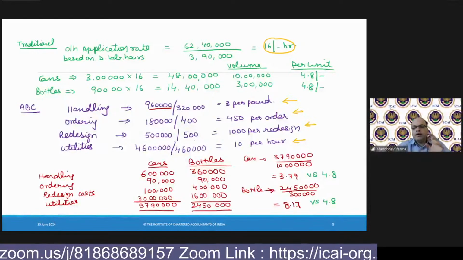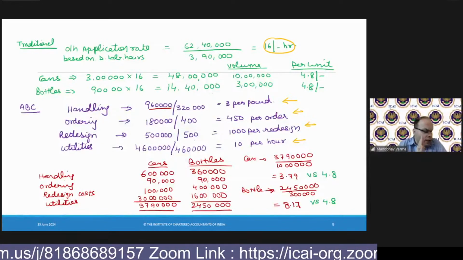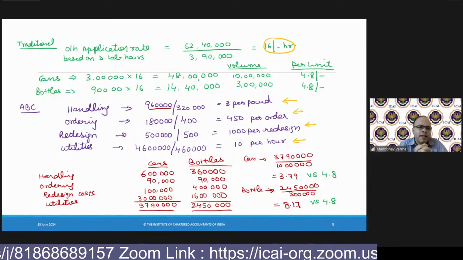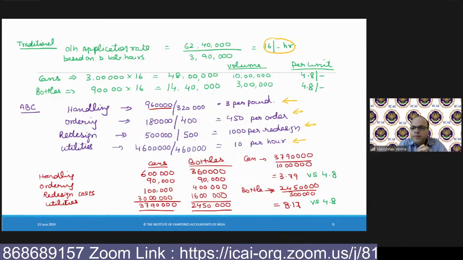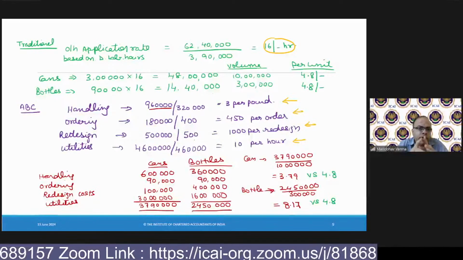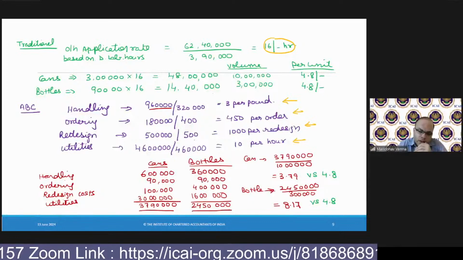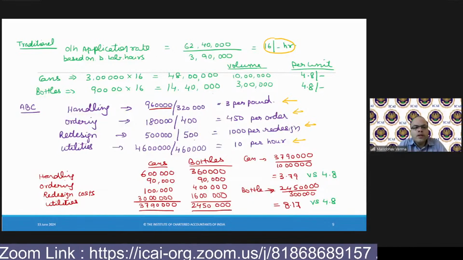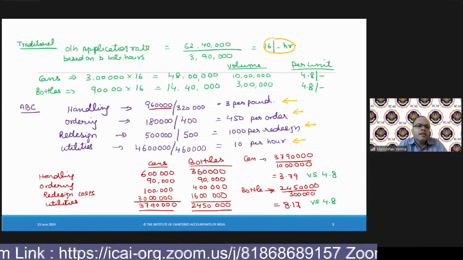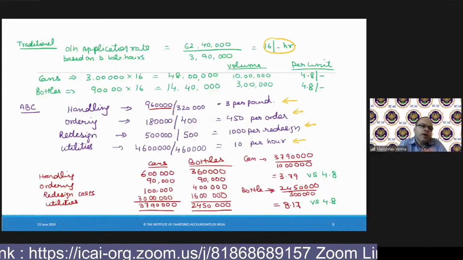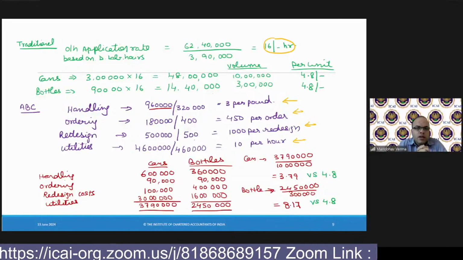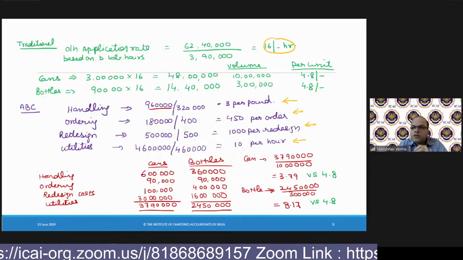Do you see a difference in the overhead cost allocation in the traditional and activity based? If we would have followed the traditional mechanism of absorbing the overhead for these products, my question to all of you is, my friends,